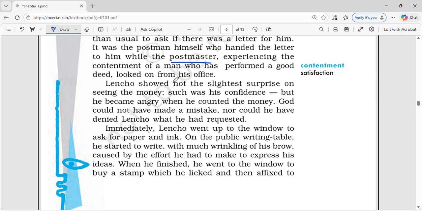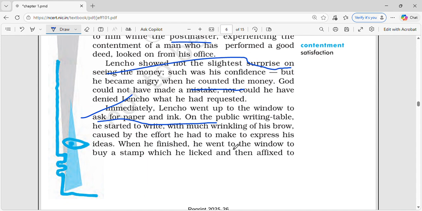It was almost 80 pesos, or a bit more than half of the pesos which he had asked for. So not all the 100 pesos were given, right? When Lencho opened the money, he wasn't grateful for what he got. He actually counted the money, and his face was kind of grim, thinking that God could not have made a mistake and couldn't have denied what he had requested. So immediately Lencho went up to the table, asked for paper and ink on the public writing table,